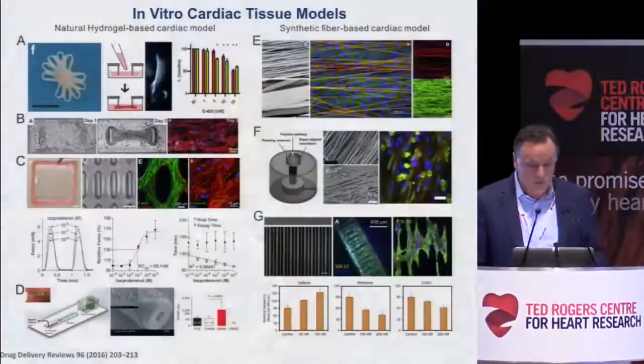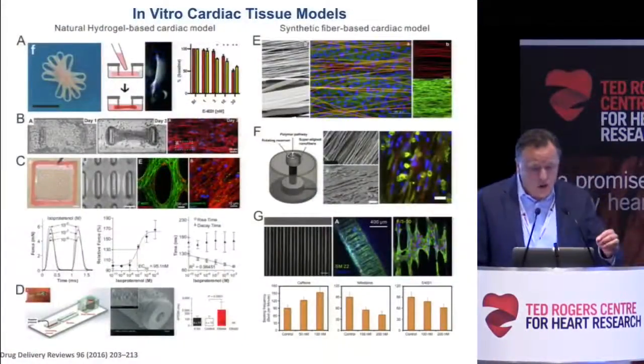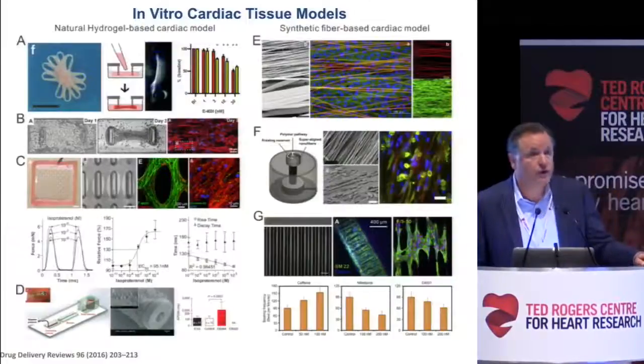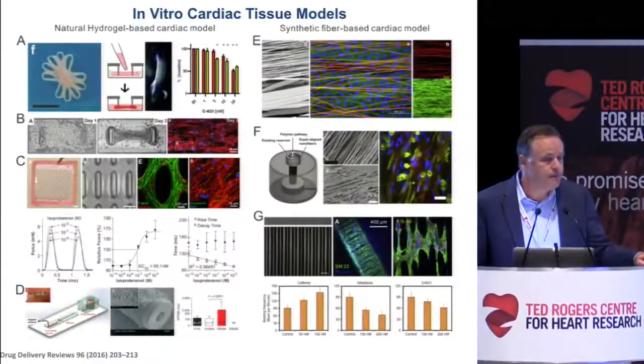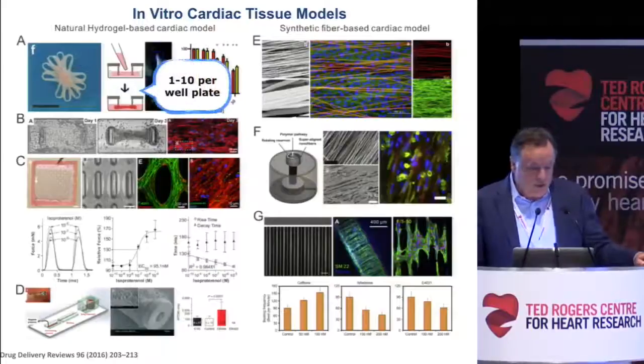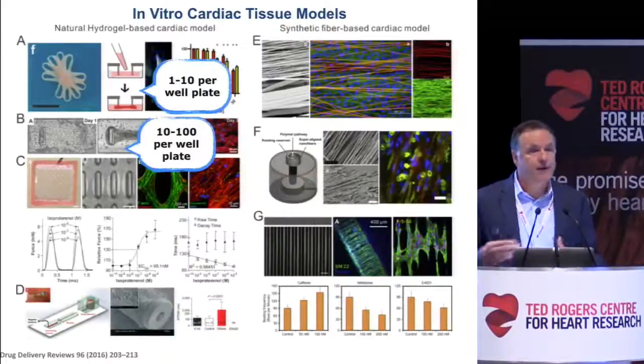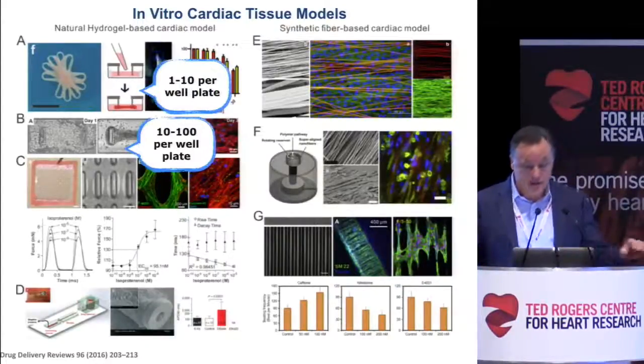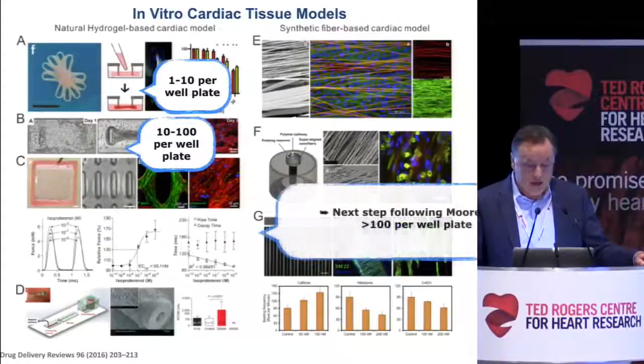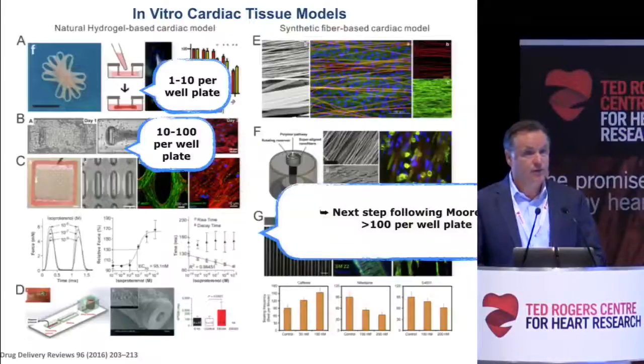A little bit of extension of the introduction: a lot of folks are working on this, including the beautiful talk that you just saw. You can look at engineered heart tissue; some of this work here is Chris Chen's work. You can start to think about how many of these you can get on a plate to make them scalable, and maybe approach Moore's law with respect to tissue engineering. We're thinking maybe you can get 100 on a plate. That means they have to be small, but getting small, you can't sacrifice being predictive, right?